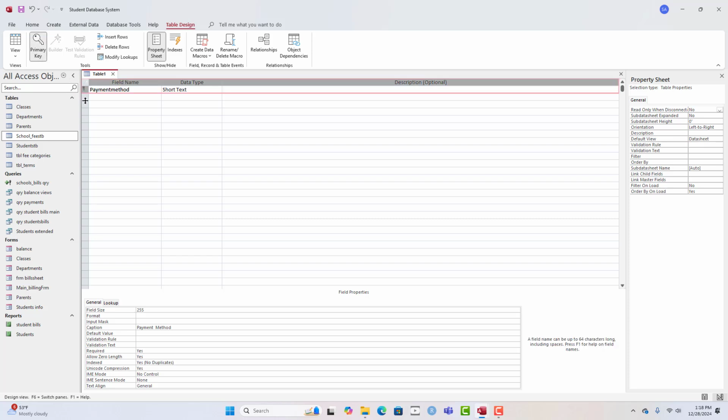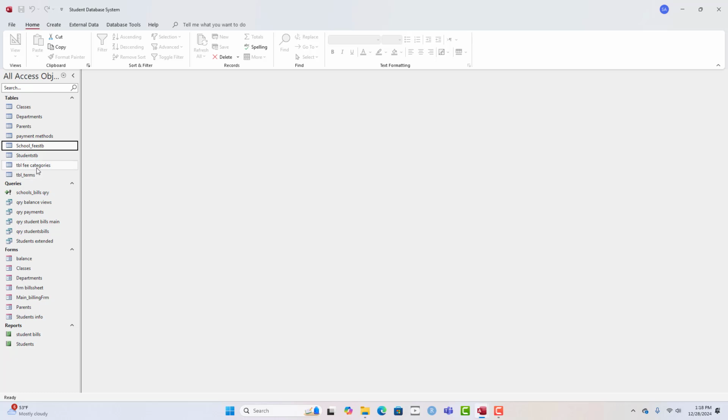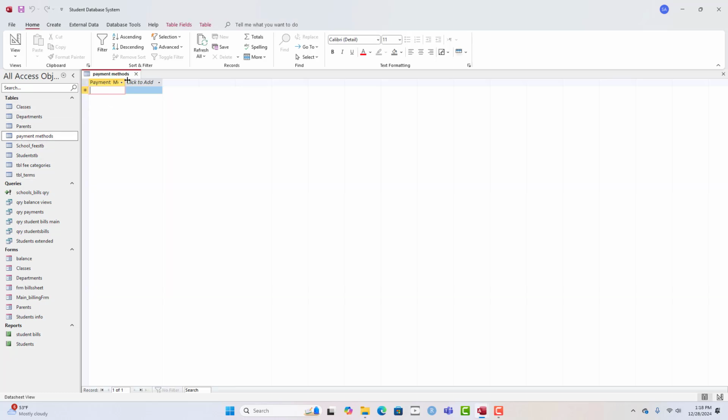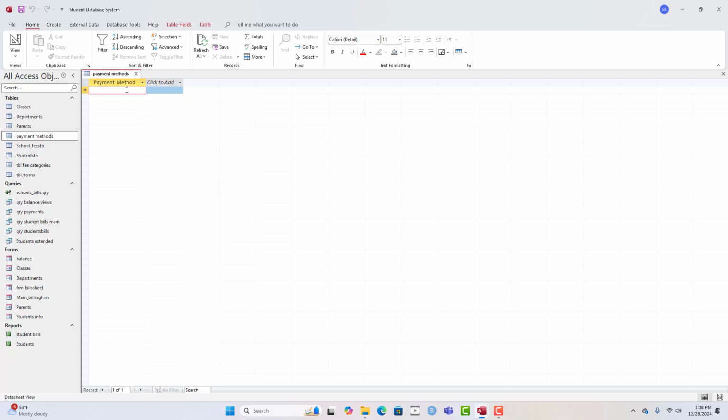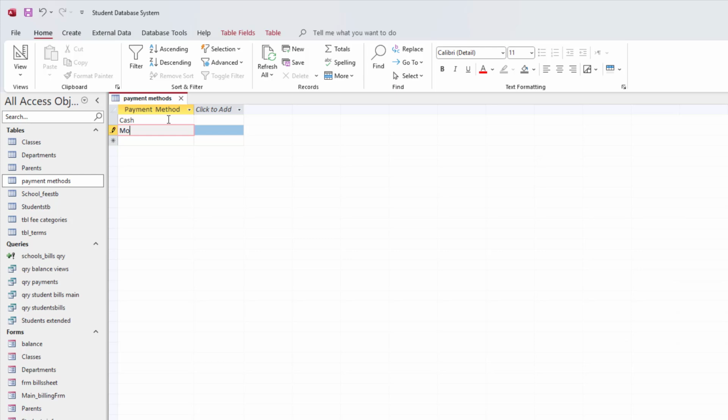So this is just a table with only one field and at the same time a primary key. So we say payment methods. All right. So before deploying your database to your end users, you should be able to create forms that they can use to populate these tables. So for the meantime, payment method, we say cash. We have mobile money. Let's say we have Zelle. We have paper,